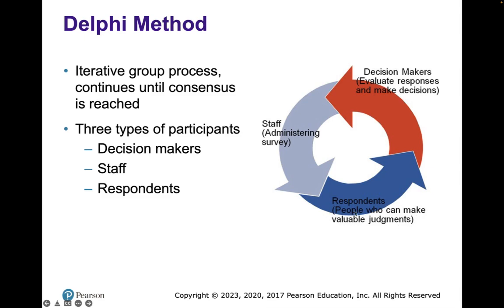And what's happening in this, let's use an example. We'll take a look at it in more detail later on. But an example here is the National Restaurant Association. It's an American association. And what they do every year is they send out, imagine them as the decision makers, a survey. Their staff sends out a survey, and they survey the chefs. They survey all the chefs in the States, or at least quite a few of them, and they ask them, what food trends do you see coming up for the following year?